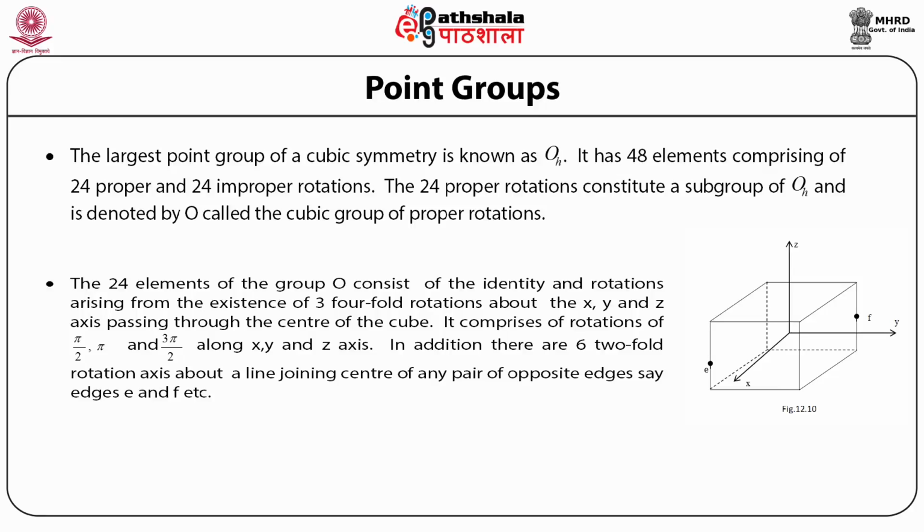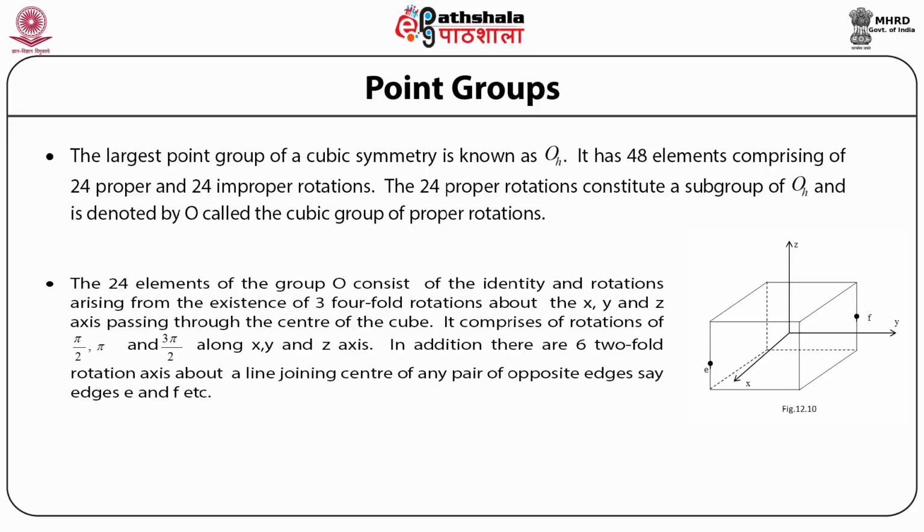It comprises rotations of pi by 2, pi, and 3 pi by 2 along the x, y, and z axes. So, what are the elements? The elements are the identity and rotations arising from the existence of 3 four-fold rotations about the x, y, and z axes passing through the center of the cube, comprising rotations of pi by 2, pi, and 3 pi by 2 along the x, y, and z axes. In addition,